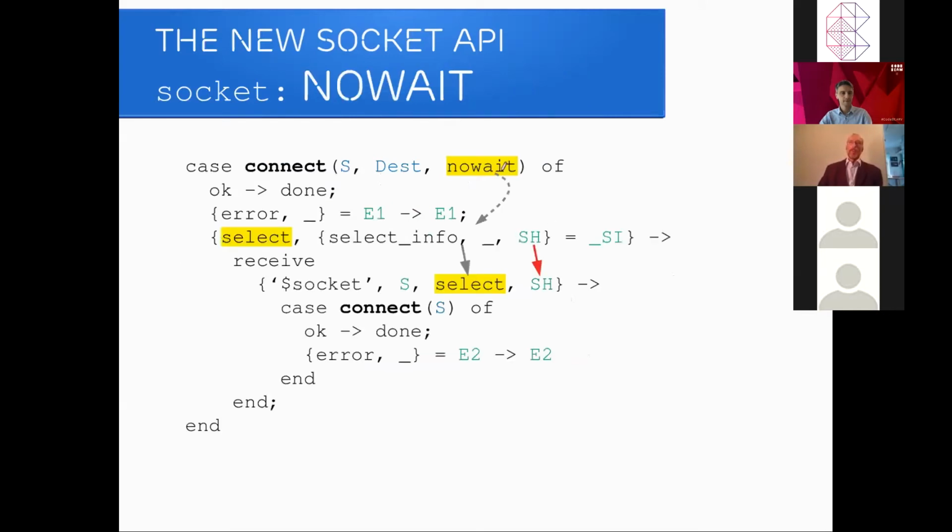Instead, if we use no wait argument, we get a non-blocking connect. It will not return error timeout, but it might return the select return. That is, if we would have to wait, if we do not have an immediate connection. And we get the select handle that we receive in a select message, as I said. When we receive the select message, we do a follow-up, in this case, connect arity 1. That is special for connect, for instance, for accept and send. We just repeat the operation.